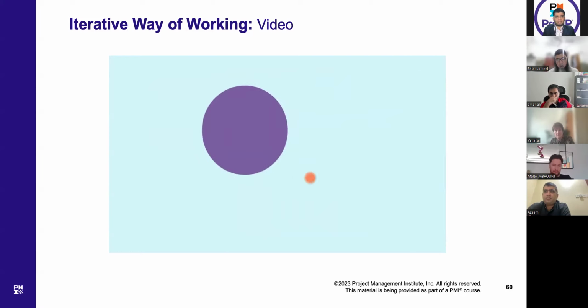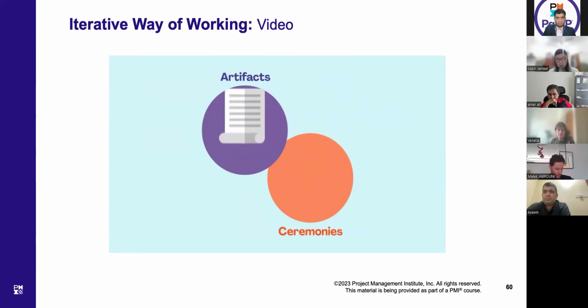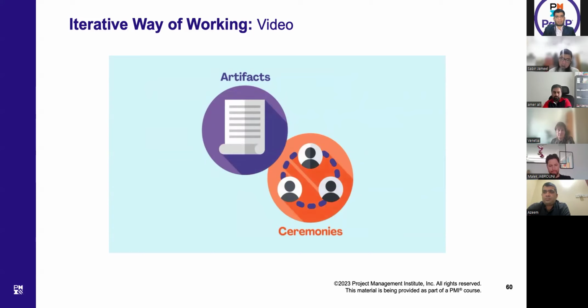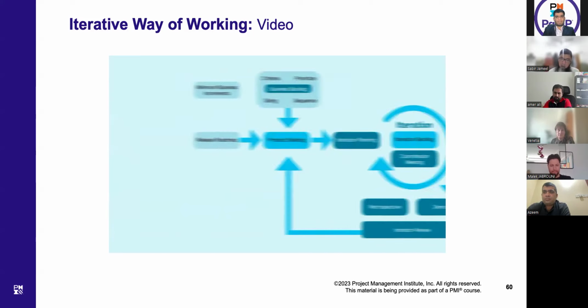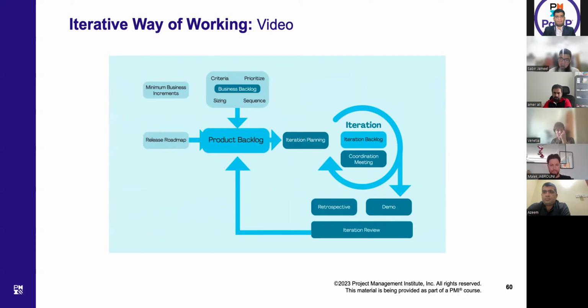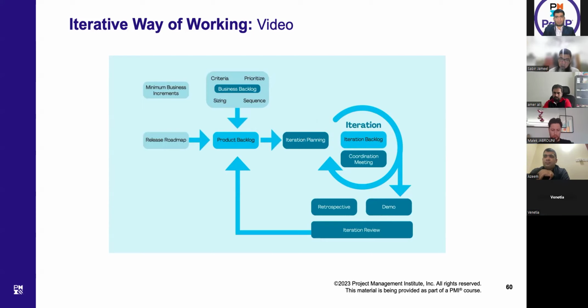The Agile iterative process contains a series of artifacts and ceremonies. Artifacts are the objects produced within an iteration. Ceremonies are activities that take place during an iteration. For example, the product backlog is an artifact. It's the complete list of work required to create the product. It collects all the work flowing to the team. The iteration backlog is another artifact. That's the list of work to be completed in the current iteration, and it's supposed to be done in the order determined by the team.